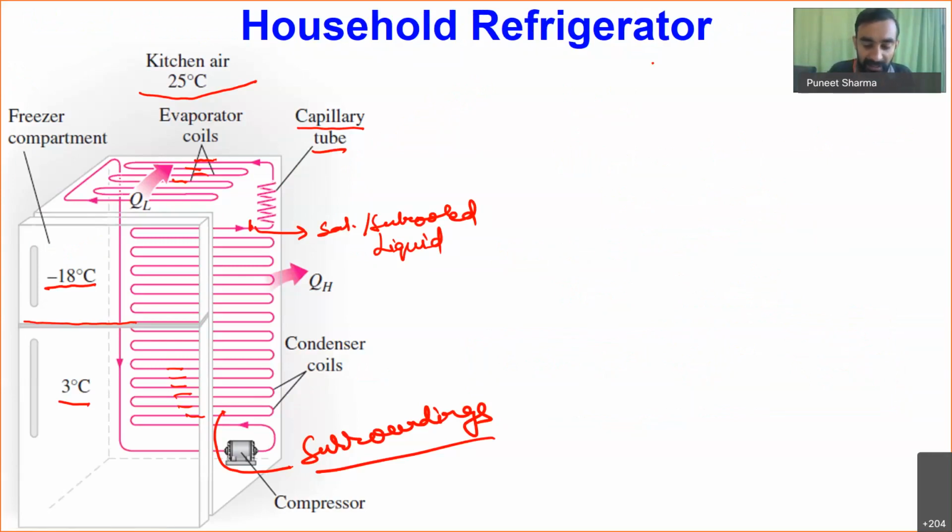Okay, so this is the typical layout of a household refrigerator. So if you all can visualize the location of the different components. Okay,